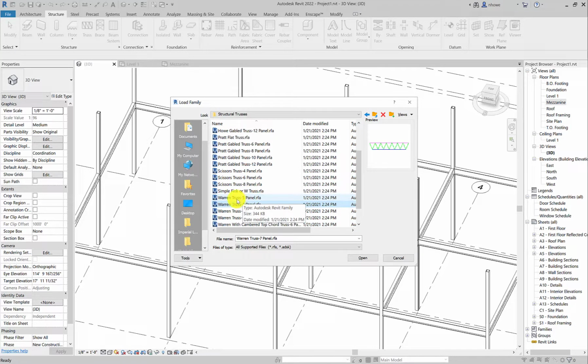In fact, my grandmother's maiden name is Warren, so pretty cool. I think we're going to use, yeah, we're going to use the Warren. Let's use the 5 panel, and I think that'll work. Yeah, we'll say open,